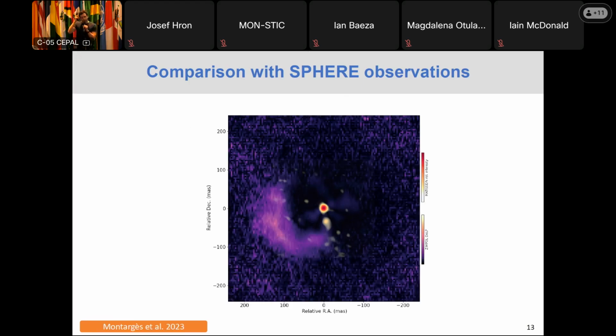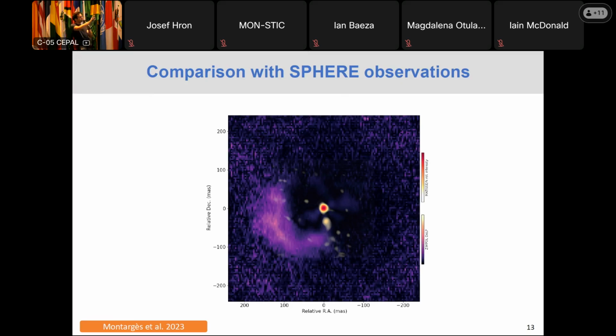I really like this image because when I talked about it with Bruno Lopez, the PI of the MATISSE instrument, he told me that one of the reasons we wanted to build MATISSE is to build this bridge between the observations that we have at really tiny scales and those at larger scales. And here, for one of the first times, we link the two in a coherent way.